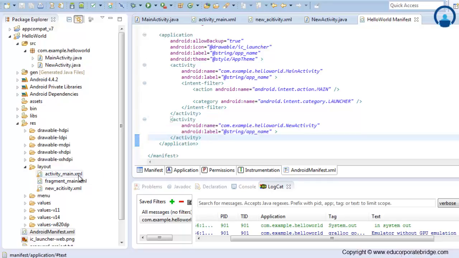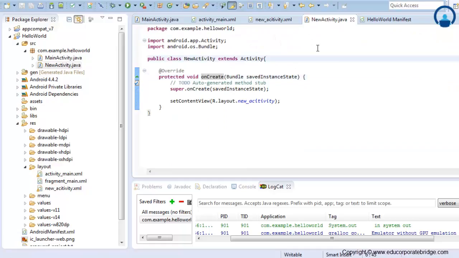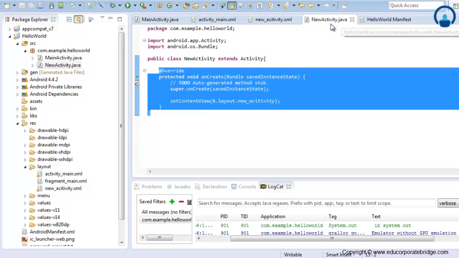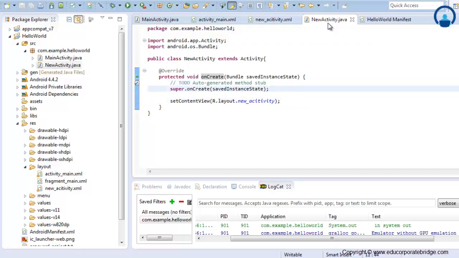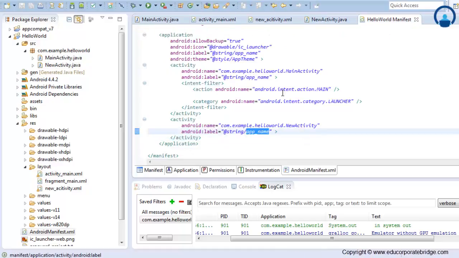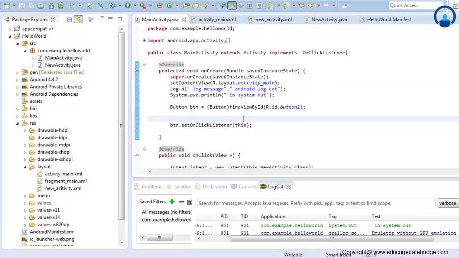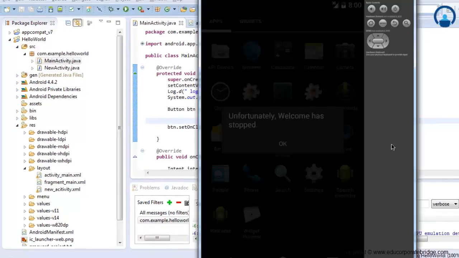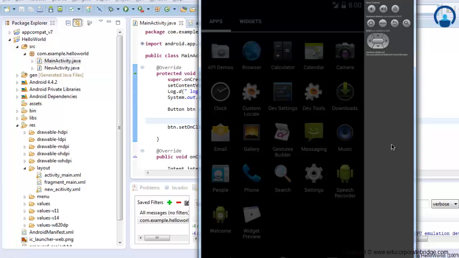Whenever you create a new class and you define new UI changes, like here we did create a new class NewActivity.java and we loaded a new UI in this, for this new activity, which is extending Activity, we need to define this class in your manifest file. Now we'll run the code again and we'll see if we can get this new screen. Now to run, I'm clicking this run icon. Again, as usual, it will take some time to load up, and once it loads up, then we'll click that button and see whether we can get redirected to that new activity or new UI screen.